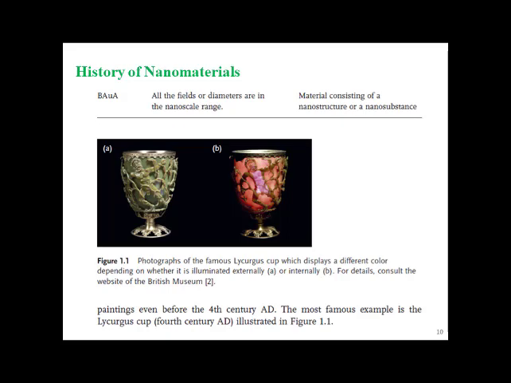The book noted that the soluble gold appeared around the 5th or 4th century before Christ in Egypt and China. On the other hand, industrial manufacturing of stained glass with colloidal particles was established by Kunckel in the 17th century,